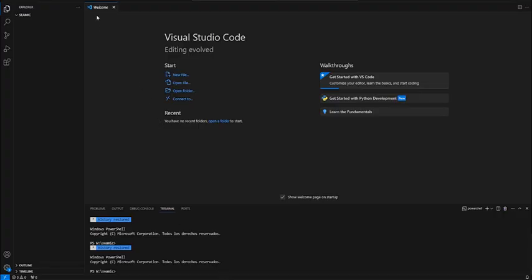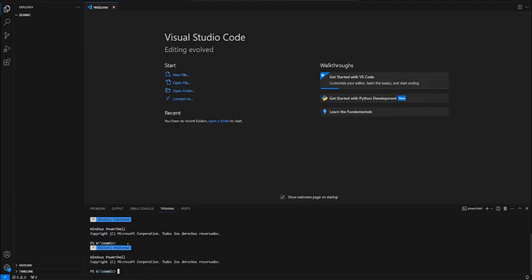Take into account that this part is where you can write the code, and also in this panel at the bottom of the window you can observe a terminal. If this terminal window is not open, you can go to the Terminal menu option and New Terminal. And here the folder that is placed in the terminal is the same that you opened here.